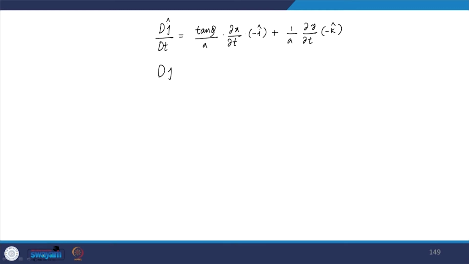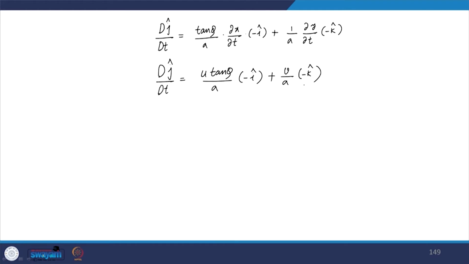So I can write dj cap by dt equals u tan phi by a minus i cap plus v by a minus k cap,